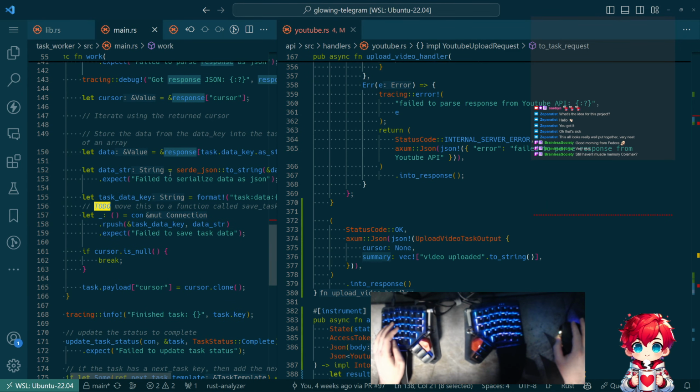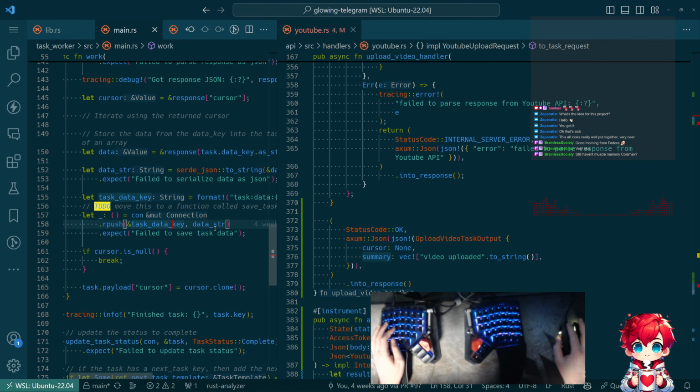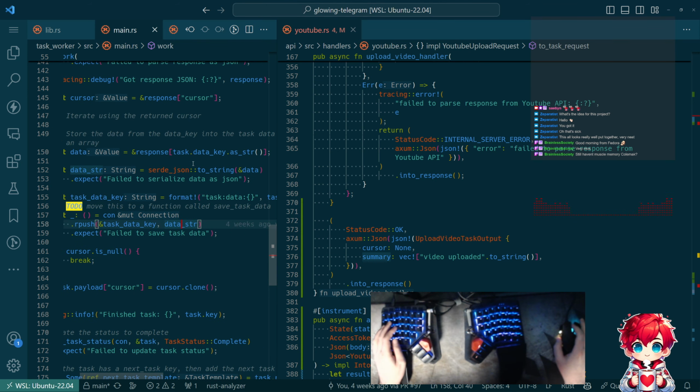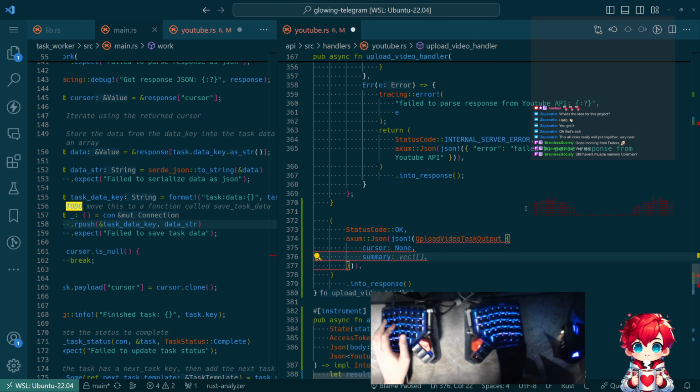So we get task data key, and we say rpush to task data key data str. So we serialize whatever we find inside a summary. So this, I don't know why this would need to be a vector. I don't think it does need to be. I think what we could do is we could do something where we... I think it should still be like a